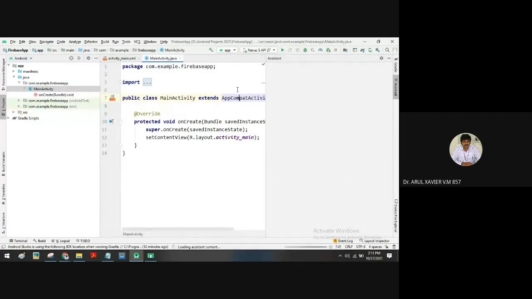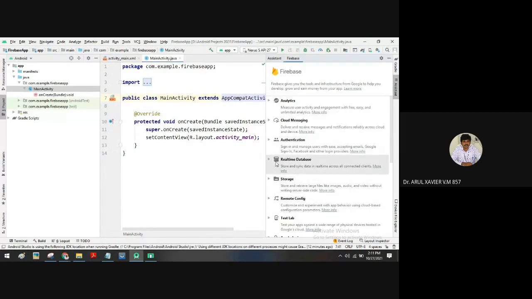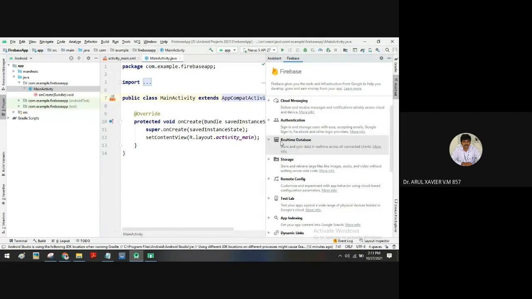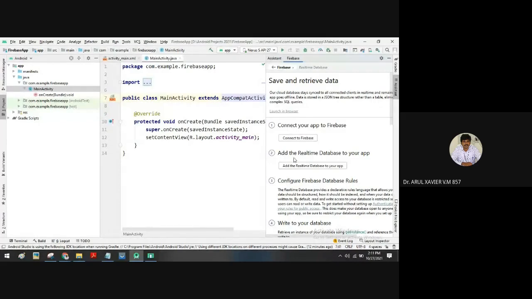When you click Firebase, you can see there are several services. There is one service called real-time database. If we expand, you can see a link, save and retrieve data. You will get an option called connect to Firebase. So this is one way of doing it. But this way may not work always. Sometimes you may get an error when you click this button.